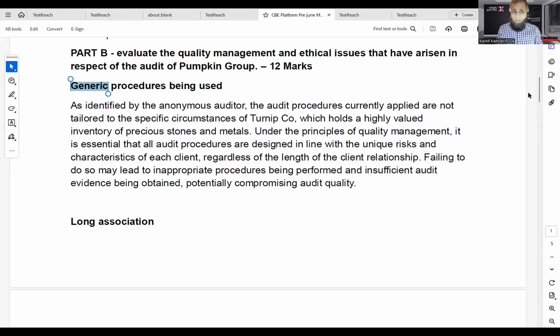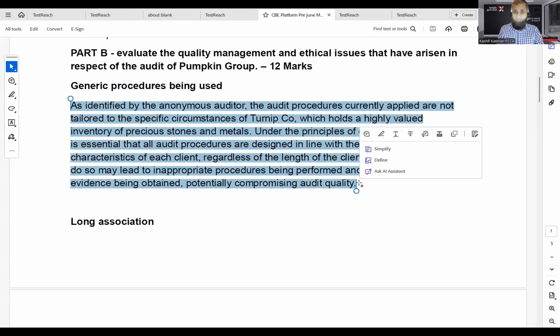Now look at the first one, generic procedures being used. We came across that, right? That they were using standardized procedures. They were not customizing their procedures according to the scenario and situation. So see how the student wrote the answer. Just read through this. The student tells us,